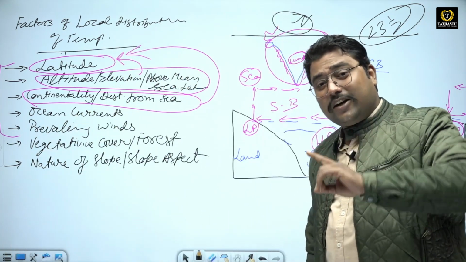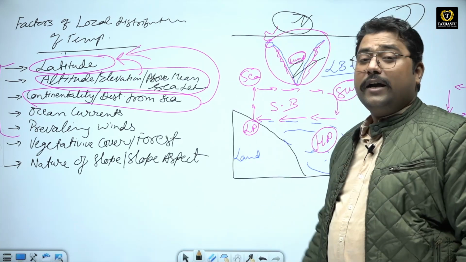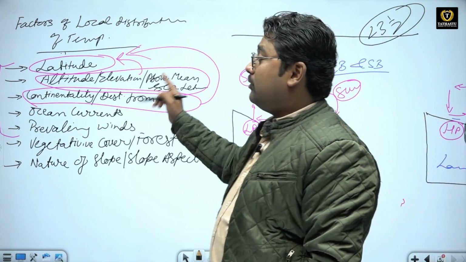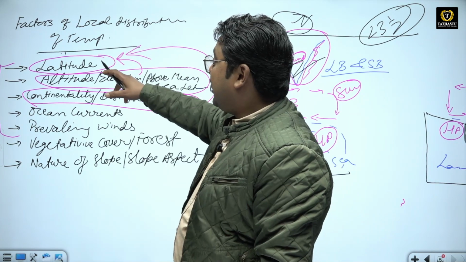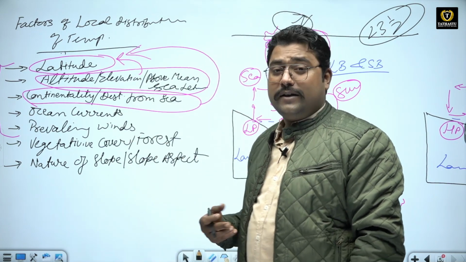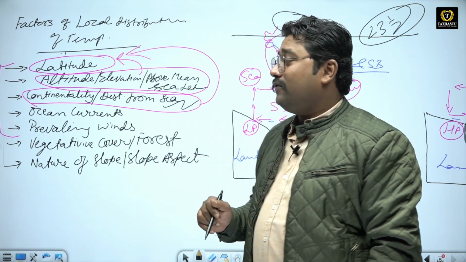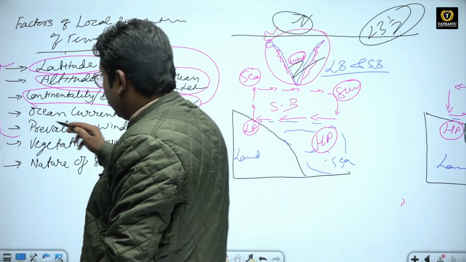So but instead of that, they are also having more temperature than the areas which are located in the torrid zone. Why? Due to the distance between land and sea. So the latitudinal effect is being lowered by the effect of distance from land and sea. Now the fourth one,